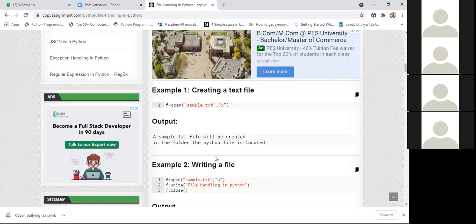Okay, good. So here, whatever the empty file I created,